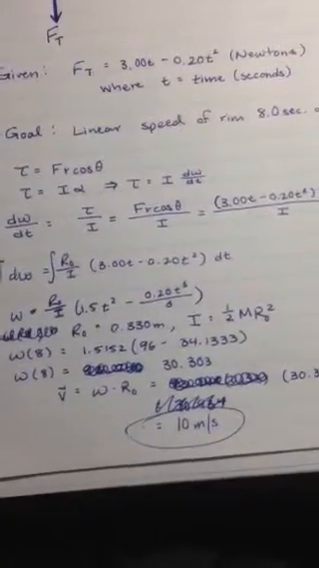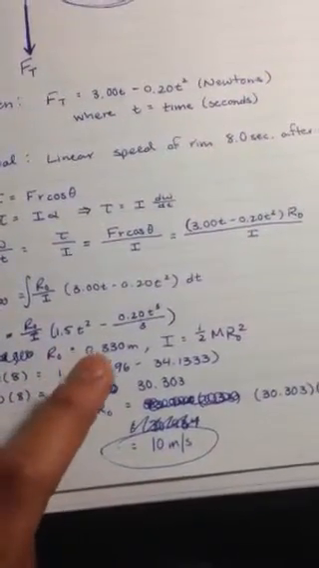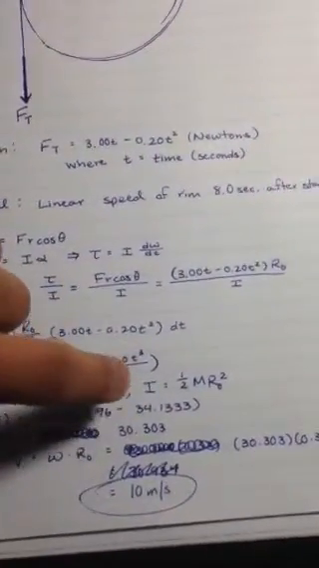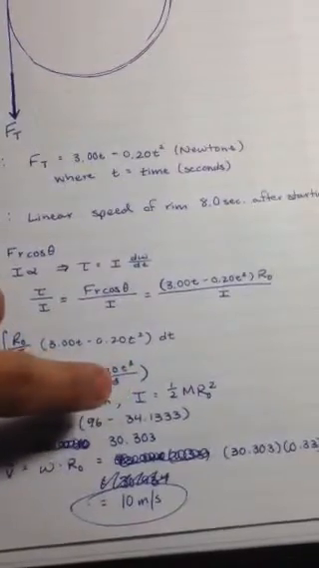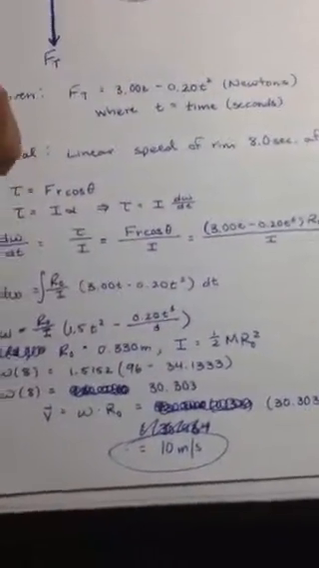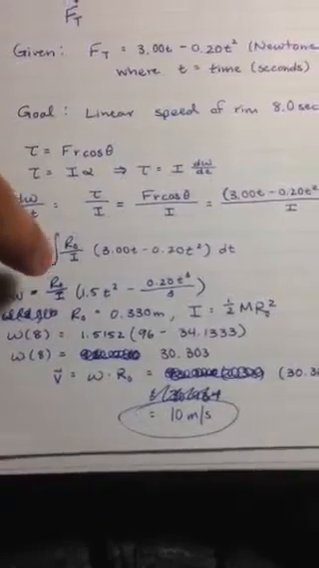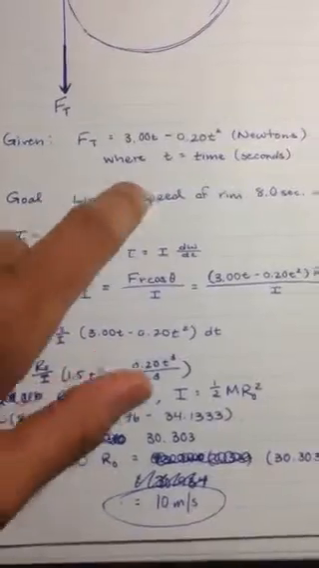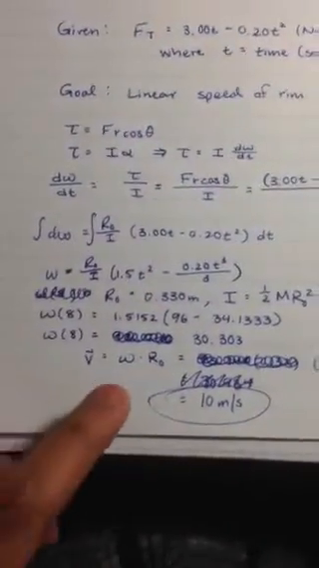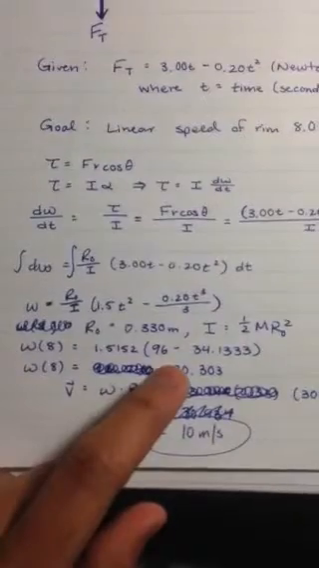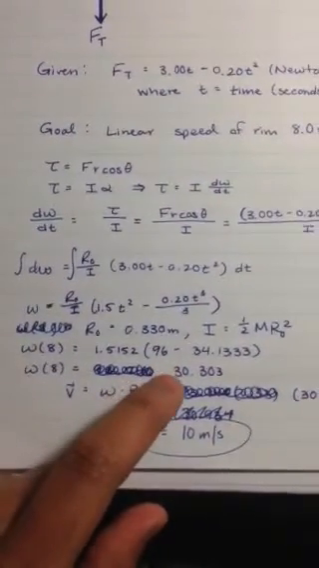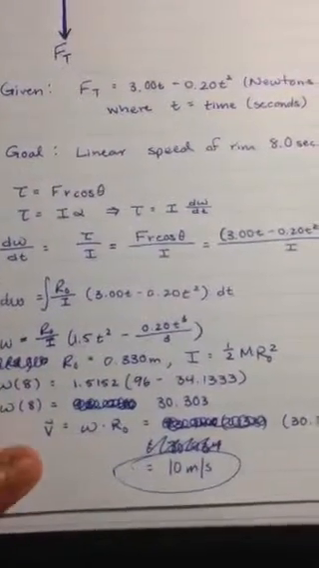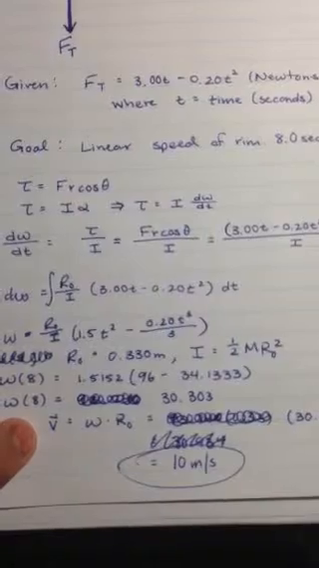And now we just plug in our values. R naught equals 0.33 meters. And moment of inertia for a cylindrical disk is 1/2 mr squared. So if we plug that into our equation at t equals 8 seconds, because that's what we're trying to find, speed at 8 seconds, we get the angular velocity to be 30.303 radians per second,